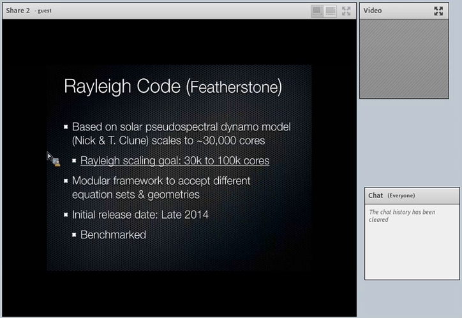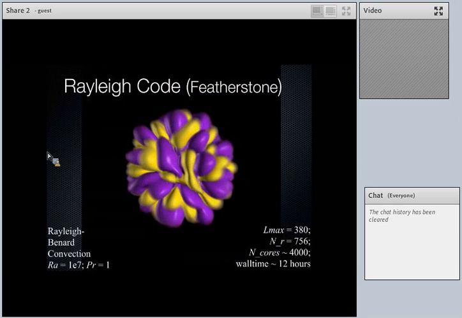Essential to this idea is that it's got a very modular framework, so it can accept different equation sets, handle different equations of state, Boussinesq versus anelastic, for instance, and even do different geometries such as spherical shell versus Cartesian. So we can really crosstalk many, many different problems and across many different communities, we hope, with this code. Initial release date is probably late 2014 or early 2015. However, Nick already has a working spherical shell dynamo model that he's successfully benchmarked. And just in brief,